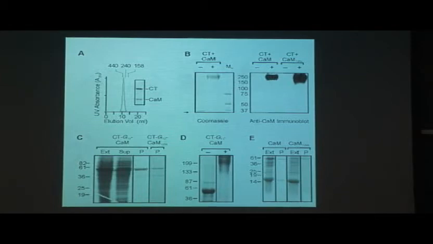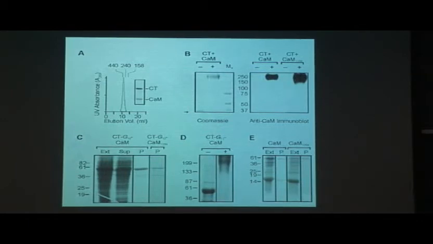Because the resolution is not that good, what we did is cross-linking with DSG, which is a homobifunctional lysine-targeted cross-linker. And here's the starting material. You see the C-terminus here, calmodulin's run off of the 7% gel. After 5 minutes of cross-linking, all of the material is now migrating at a little bit less than 250 kilodaltons, which is now consistent with 4 C-termini and 4 calmodulin molecules. So essentially a 1-to-1 stoichiometry, a 4-to-4 stoichiometry.